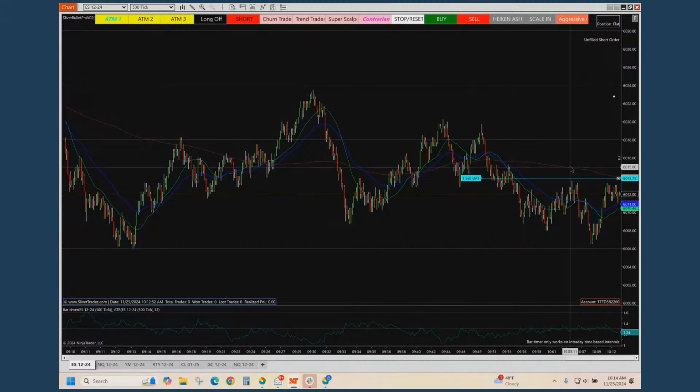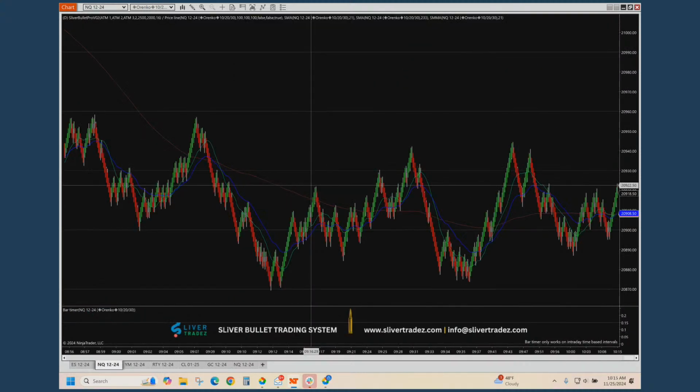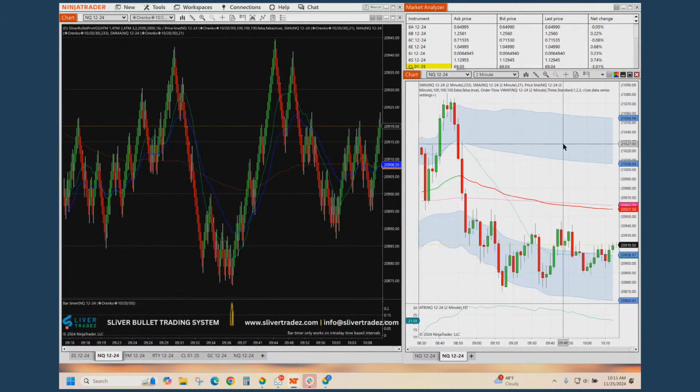So at the 233 SMA level, and that way I can get better price. But movements are over, so I won't be getting a whole lot of action here. I could try Nasdaq. Maybe I should. Market has slowed down, so Nasdaq could be a decent instrument to trade now. Yeah, why don't I do that?